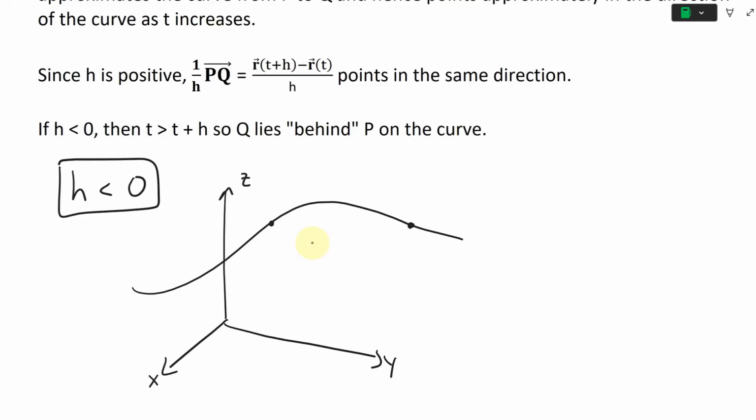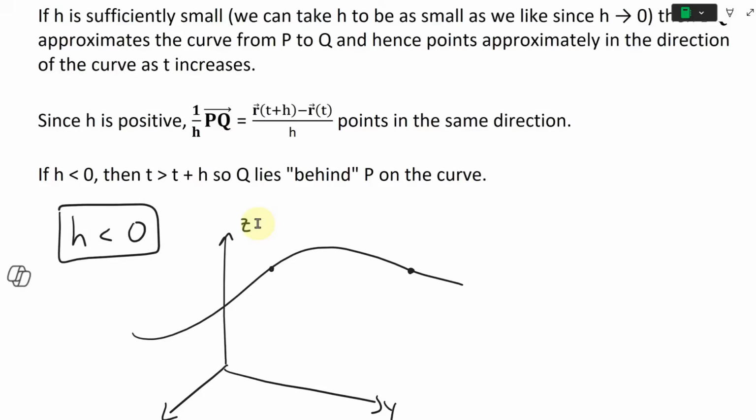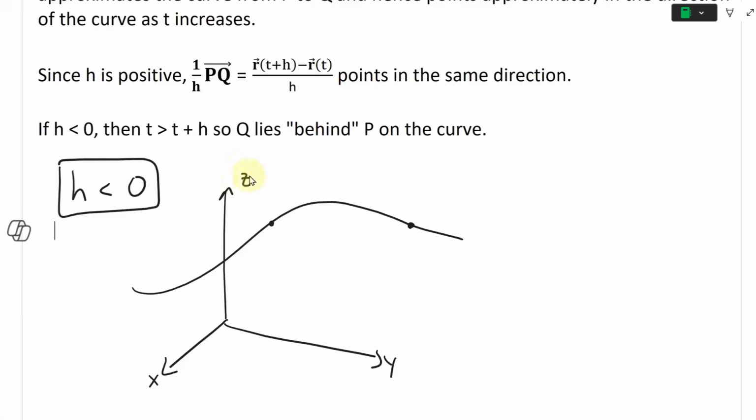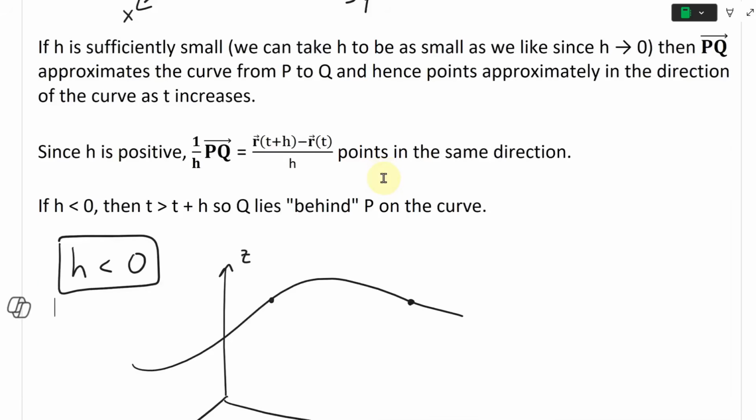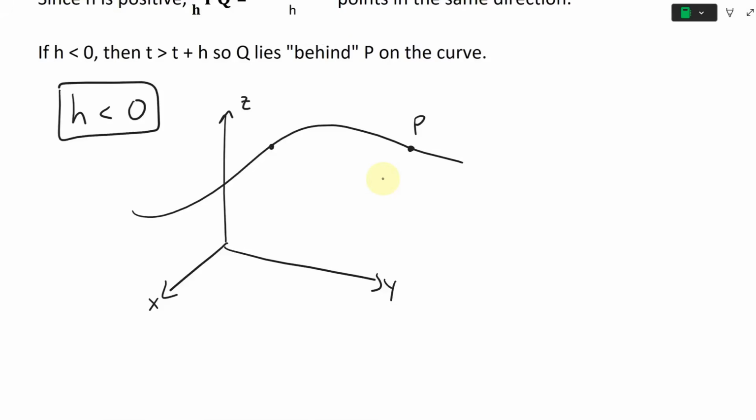So if we have h less than 0, what this means now is instead of having a scenario like this, we actually need to go backwards. So let's pick our point P right here. That's our point P. From here to here is going to be our r of t. And now this is going to be our new q, just to illustrate it, instead of dealing with the exact same points. So from here to here is going to be r of t